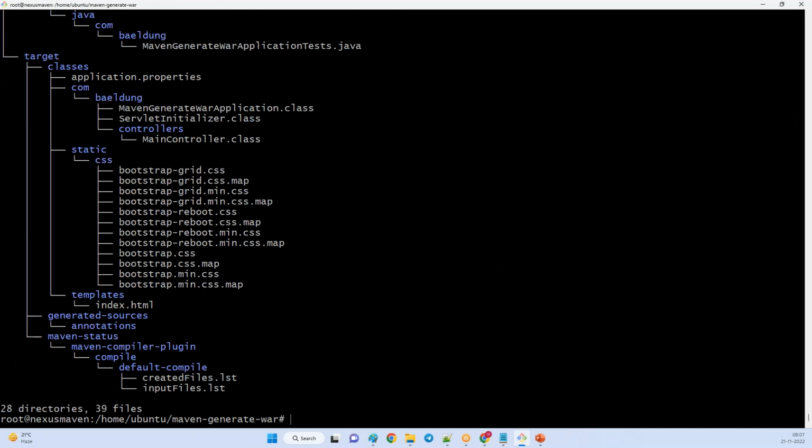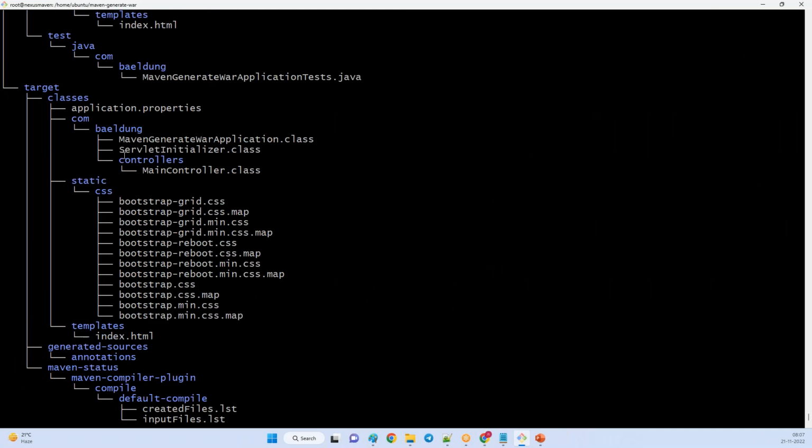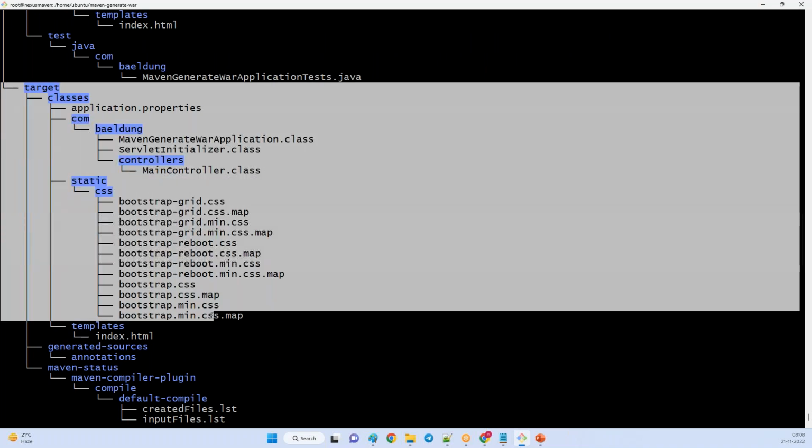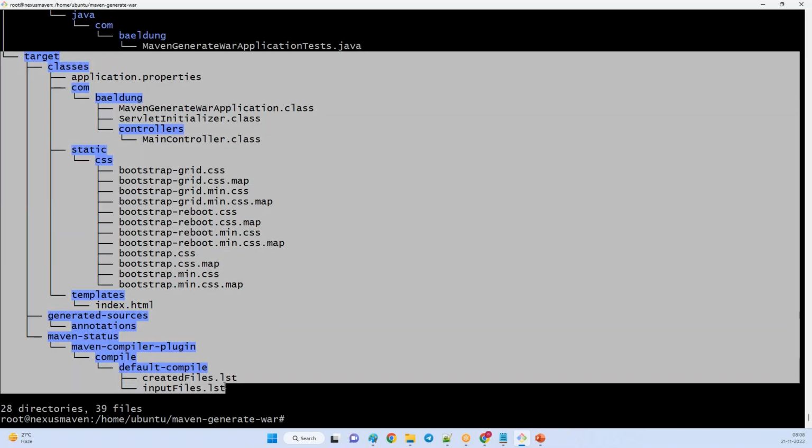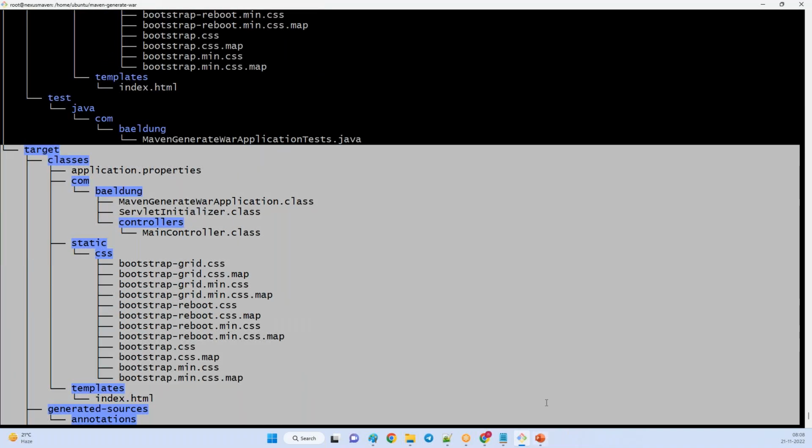If you see the current location, earlier this target folder was not there. Now this target folder is there, and you can see the compiled classes and test classes are generated.